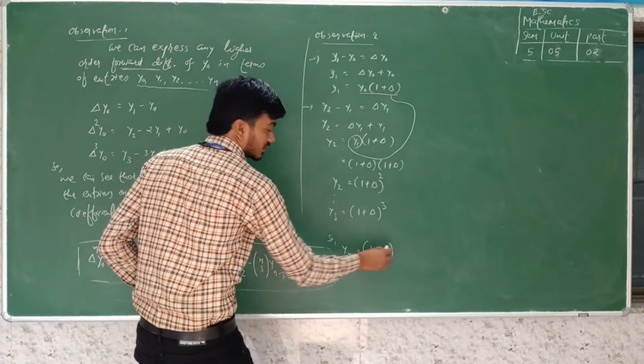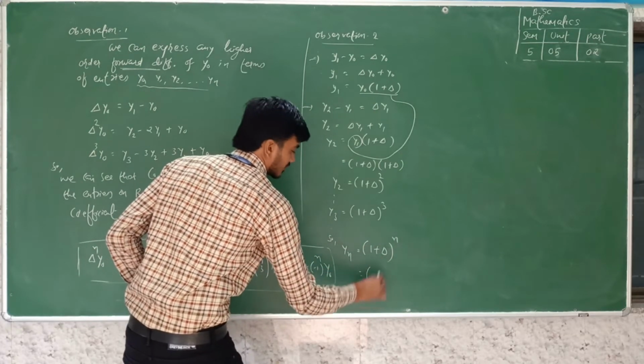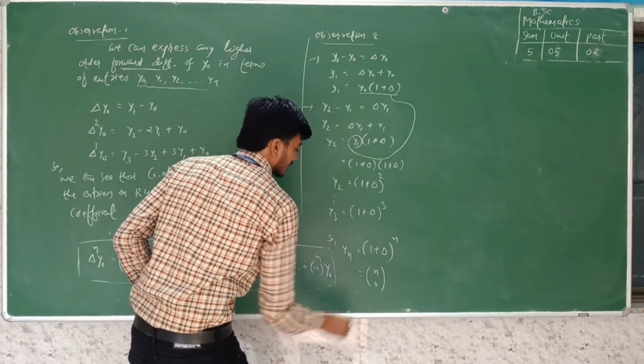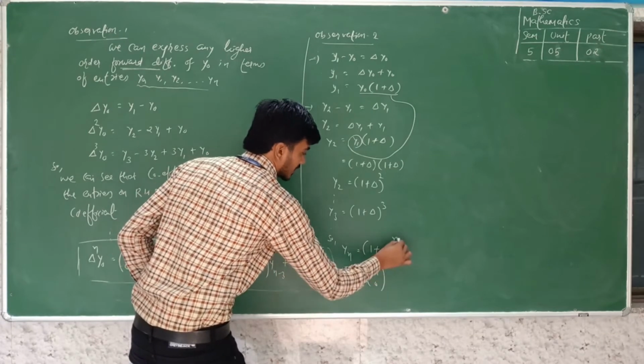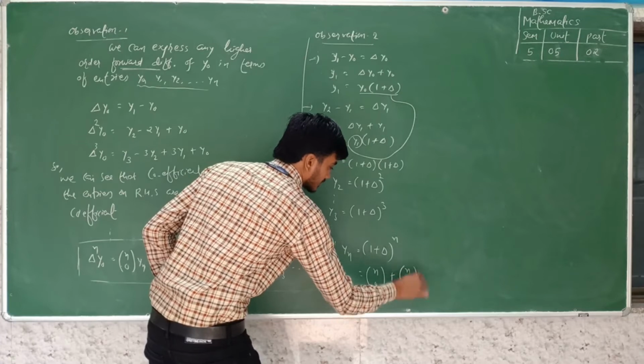So yn is equal to (1 plus delta) raised to n. This is the binomial theorem. We can express it this way: nC0 1 raised to n delta raised to 0 plus nC1